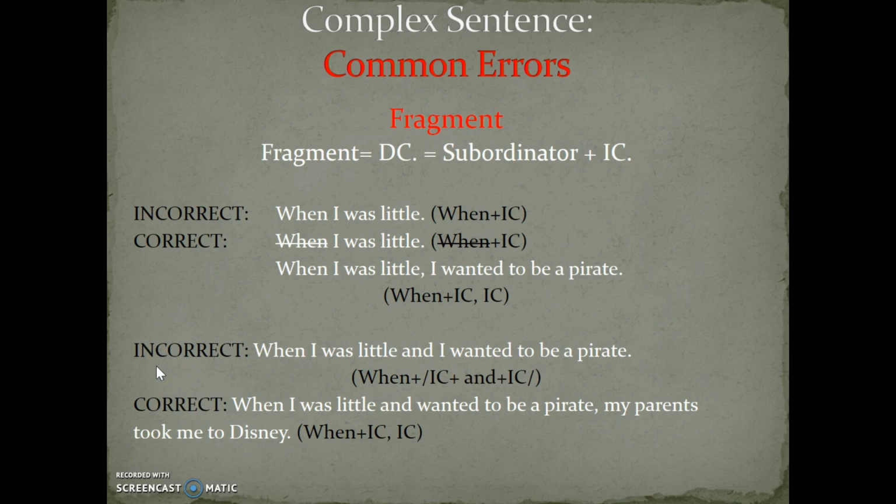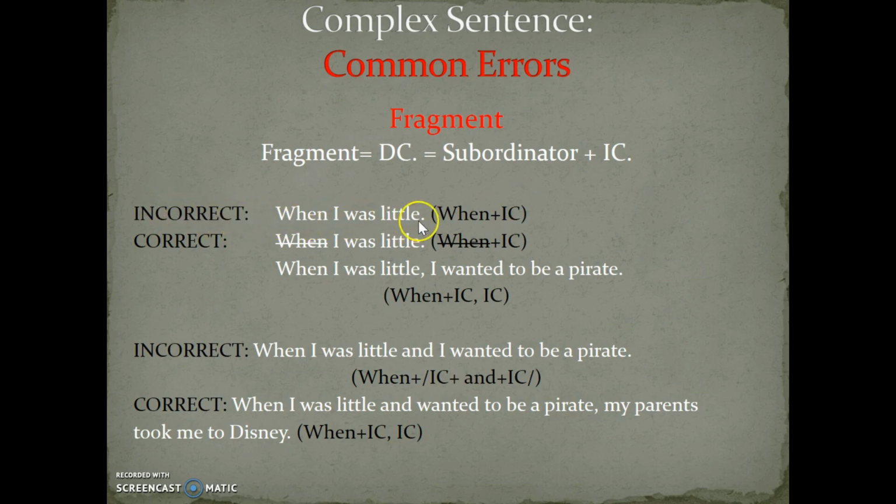When you are dealing with dependent clauses, there is a chance of a fragment. It's a common error within complex sentences. A fragment is when you use only one dependent clause with a period and no independent clause. So when you begin your sentence with a subordinator, and then you add a subject and a verb, and then you put a period. Usually when your dependent clause is long, you believe that you finish your thought and you put a period. However, if you do not have an IC, you're creating a fragment.